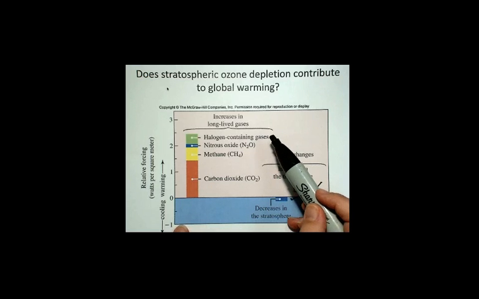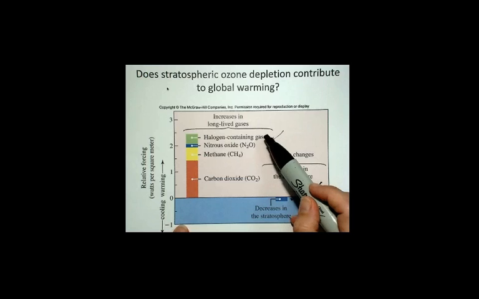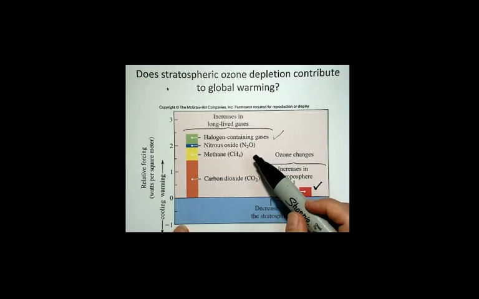Okay, we're doing something about this. We're limiting the halogen-containing gases that are produced anymore, and so this is in the works. It's just going to take a while for them to fully be removed from the atmosphere. Okay, and the carbon dioxide is the biggest contributor, and that's what we've been talking about all the time. So I just wanted you to get it straight. There's 3 different things going on, somewhat related, but the hole in the ozone does not warm up the Earth. It just allows more carbon dioxide, or excuse me, ultraviolet light to get through.